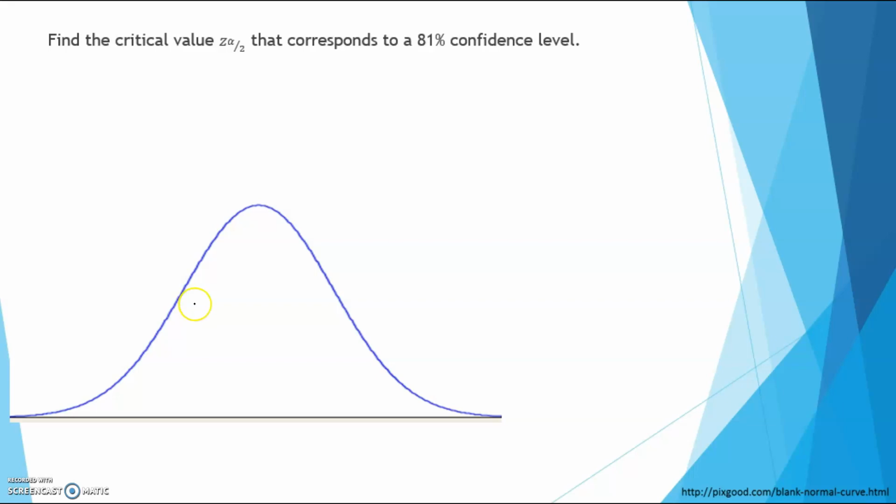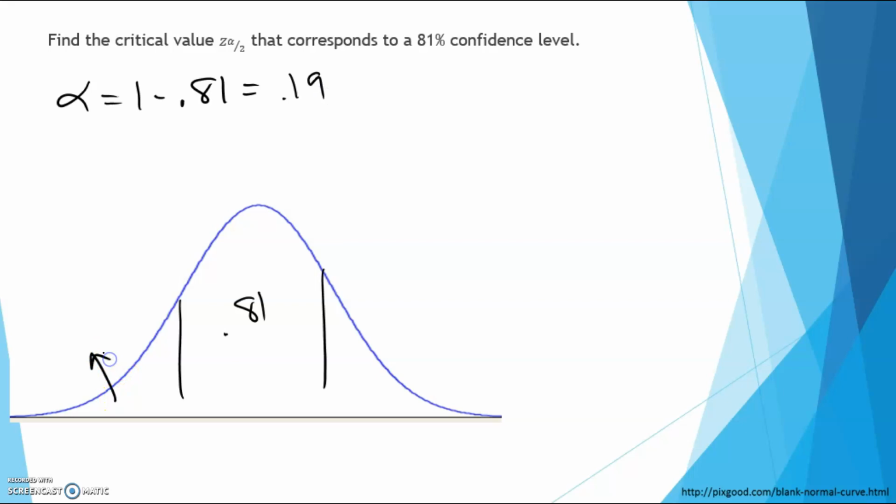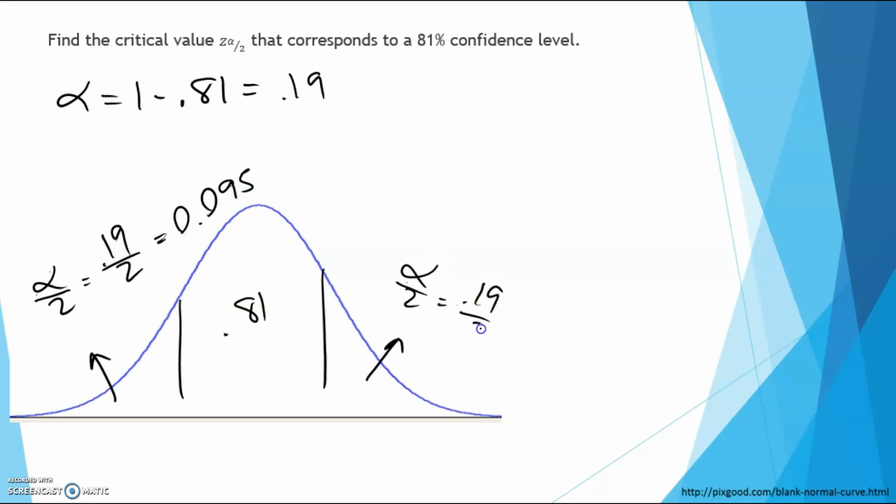So same thing, you're going to have 0.81 in the middle. Find your alpha, which is 1 minus 0.81, which is 0.19. To this side and to this side would be alpha over 2, or 0.19 over 2, which is the same thing as 0.095. Same thing over here, 0.19 over 2, 0.095. I'm looking for the positive z-score, so this one right here, because this one over here is the negative